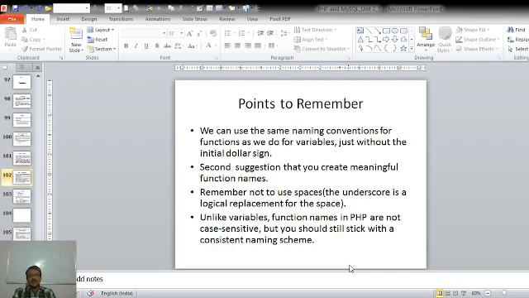There are certain points that we should remember while working with functions. We can use the same naming convention for functions as we do for variables, just without the initial dollar sign.